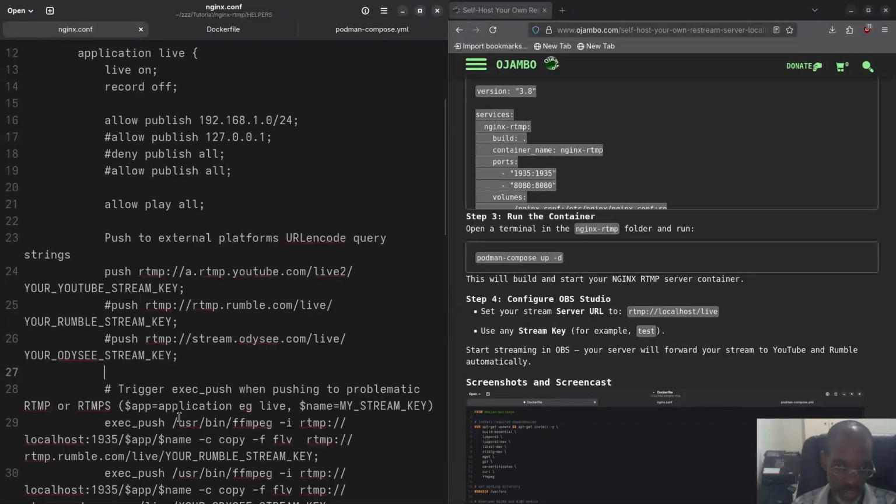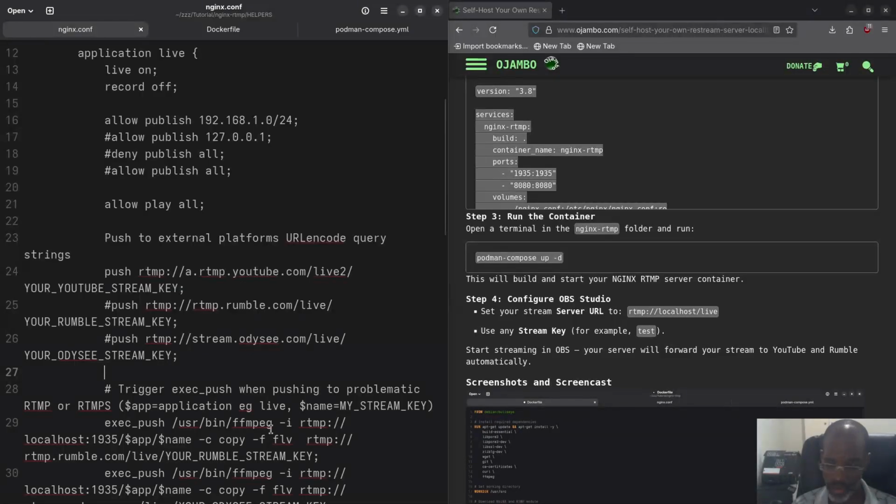Now, if you're doing some more fancy stuff, I would recommend you execute a command line script instead. In my case, I'm not doing anything to the files here. I'm just taking them and copying them. As you can see, it says c copy. C copy, if you don't understand what that means, it means it copies the codecs, everything the way they are, without any transcoding. So if you're going to transcode, for example, maybe resize it or something else,